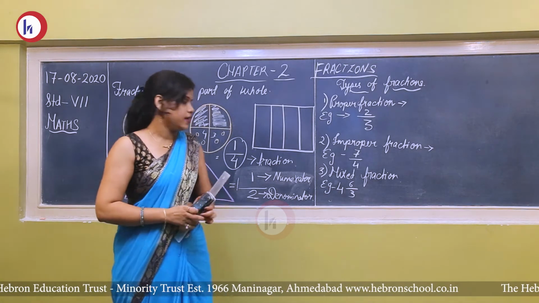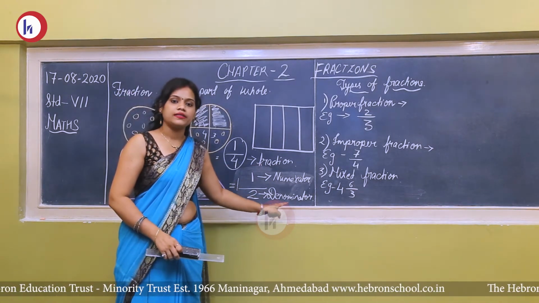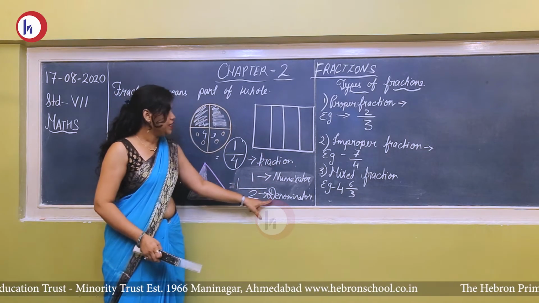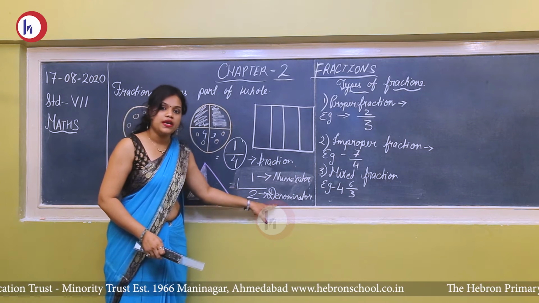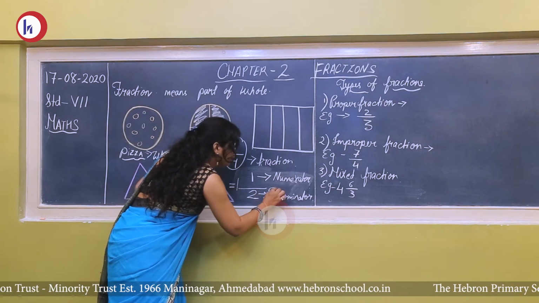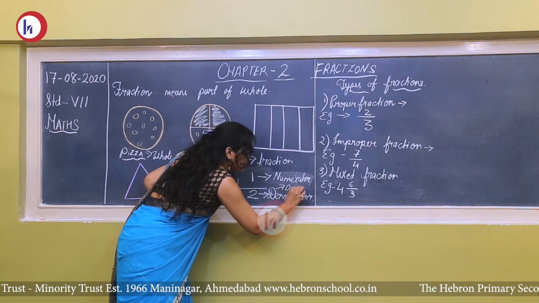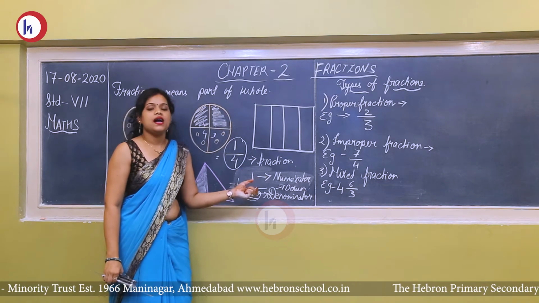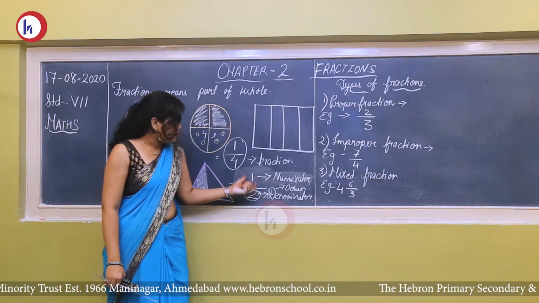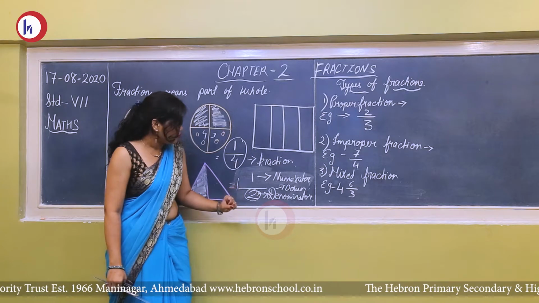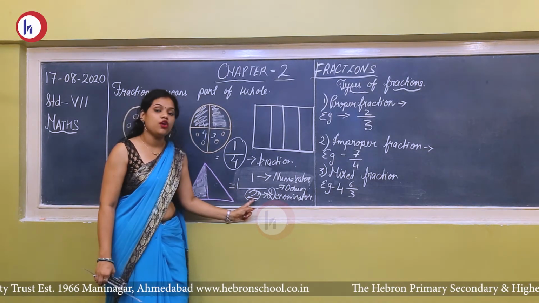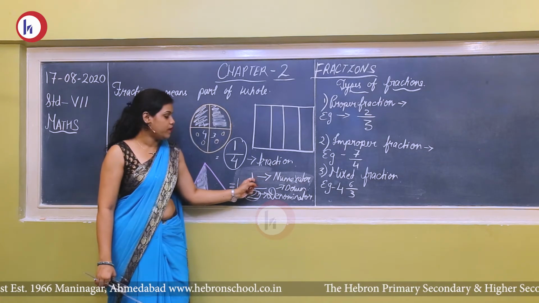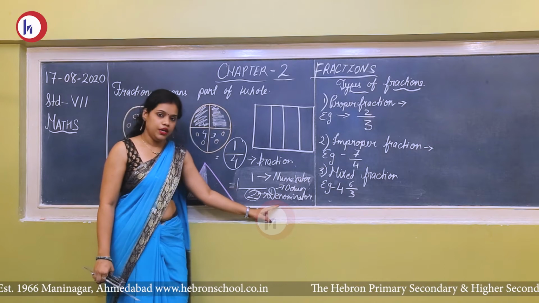Often children get confused between numerator and denominator. They ask, teacher, which one is the numerator, the upper one or the lower one? So you have to keep in mind D for denominator and D for down. Down will help you remember that denominator is the one at the bottom. So if a question is asked, give the denominator of the following fraction, then you should remember denominator is the lower one, D means down, D means denominator. That way you can remember that the upper number will be the numerator and the lower number will be the denominator.